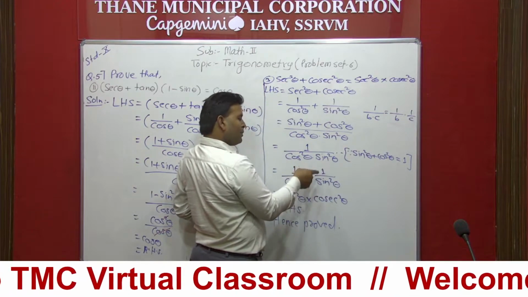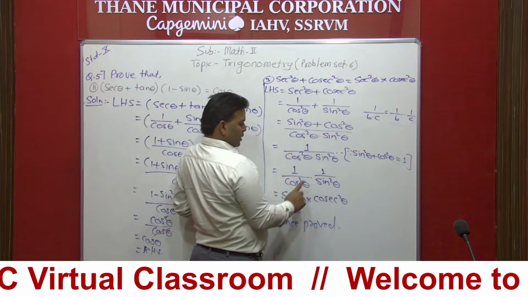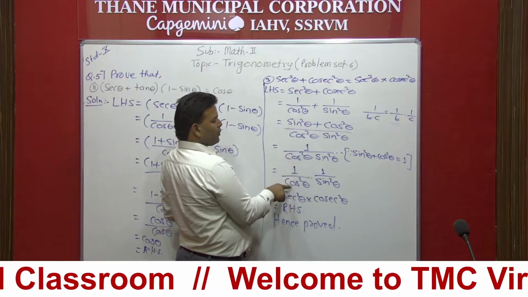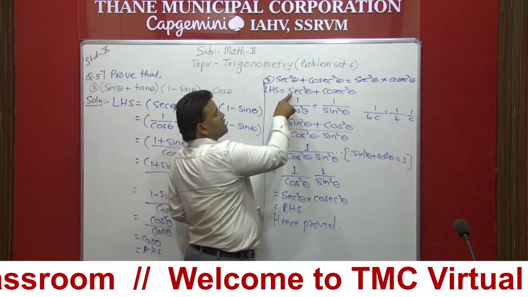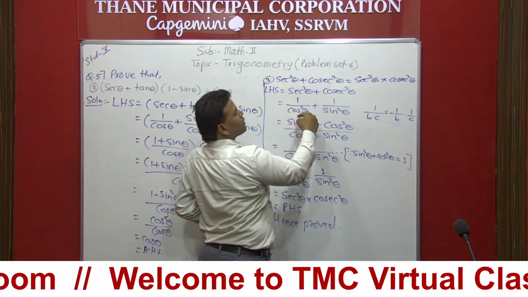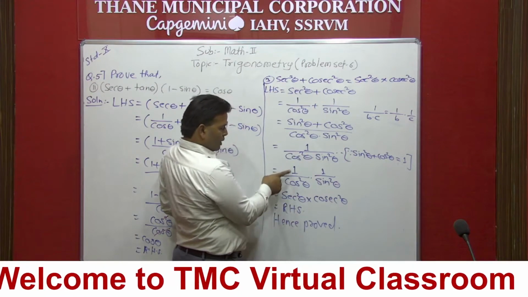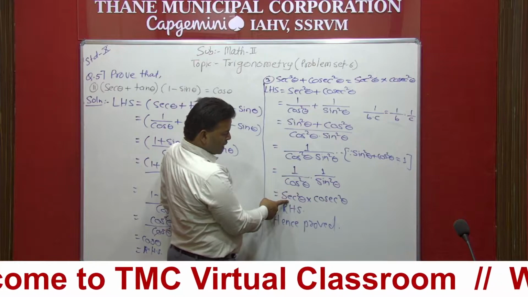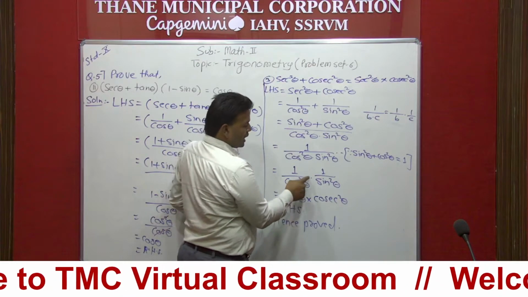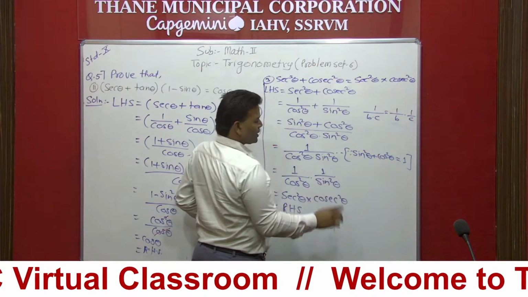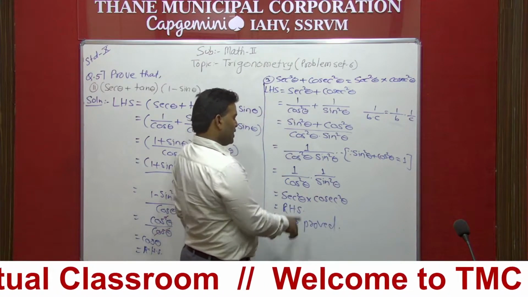If I multiply these two, I will get the same thing. Now in reverse, I have used the formula: 1 upon cos square theta can be written as sec square theta. Dot means multiplication. 1 upon sin square theta can be converted into cosec square theta, and finally this is our